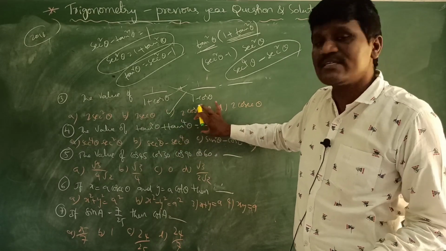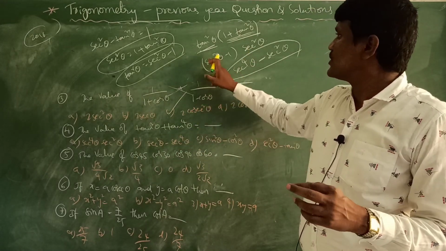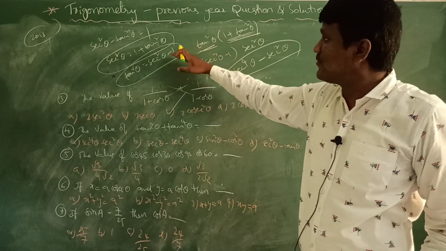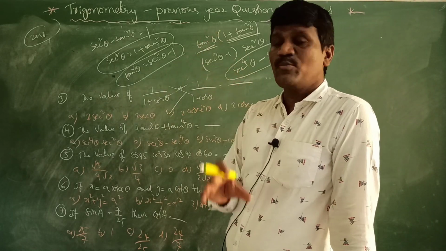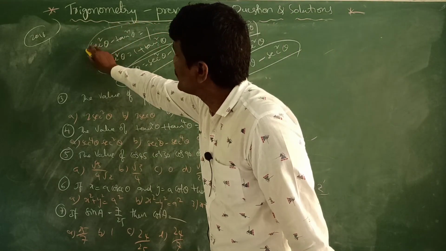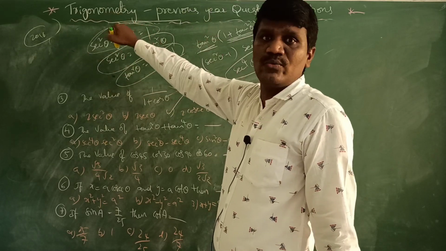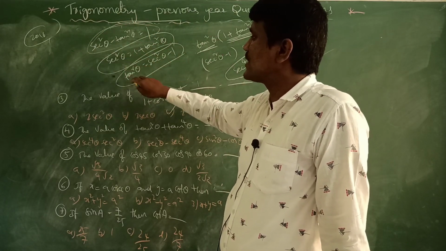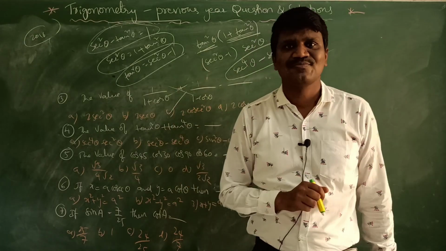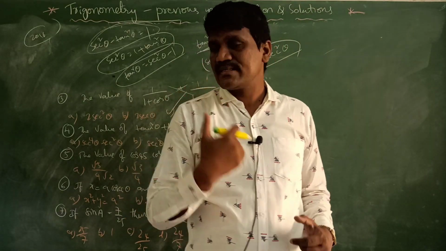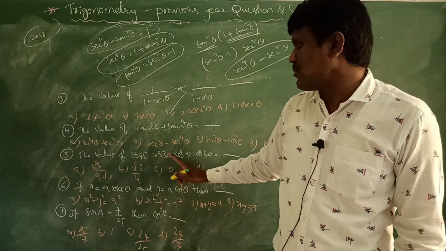This same question is present in your textbook also. So this is the solution of that. I hope you have understood. In this, the main important thing is you should know identity number 2, and based on identity number 2, the sec square theta and tan square theta values also. Okay students, now let us see the next problem.